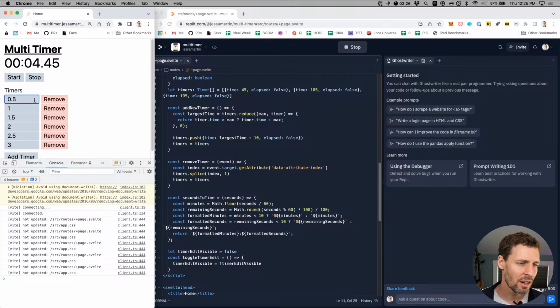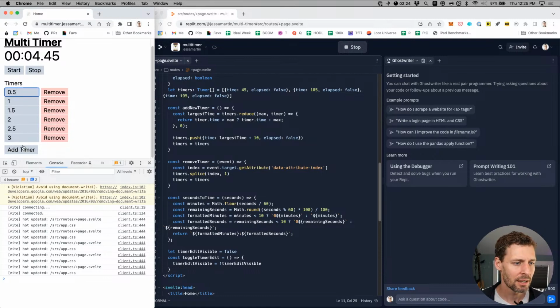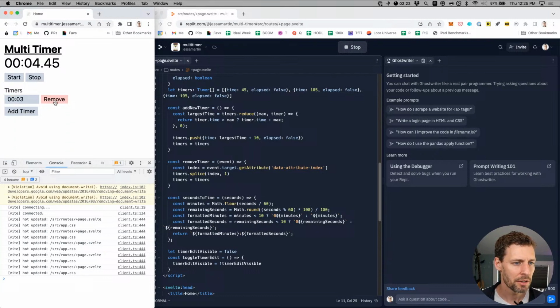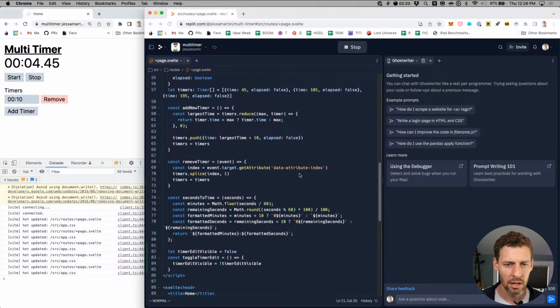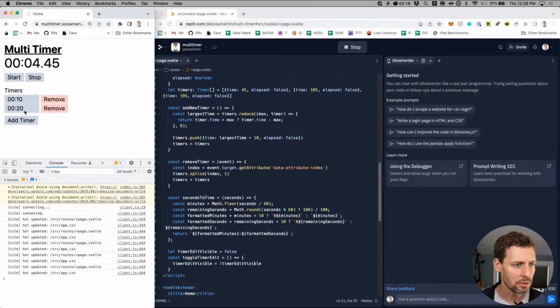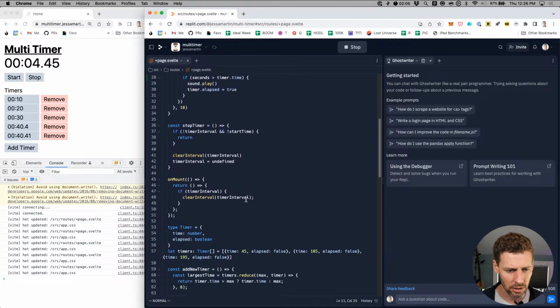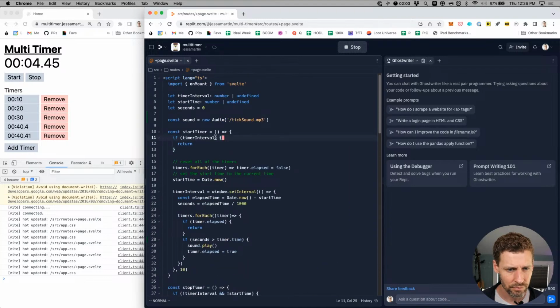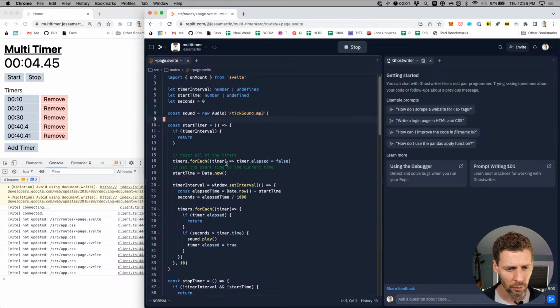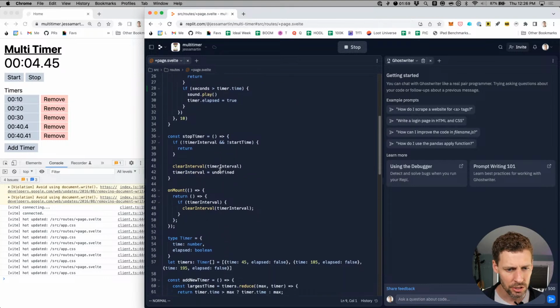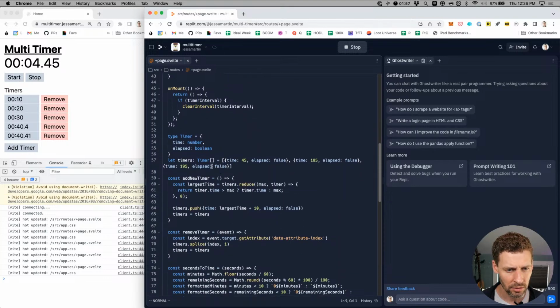Do we think this is good enough to go on? I don't know. Remove all the timers, add a timer back. Oh, let's go fix our add timer code. Oh, weird. So it works in this case, but if I make it a time of 40.4, huh, interesting. Okay, so let's see when we add a new timer. That's a funny little bug. Why does it do string addition in one case?